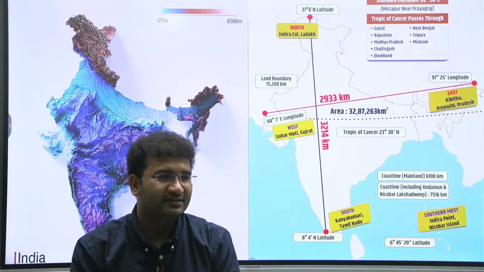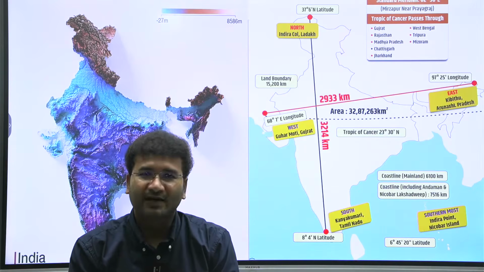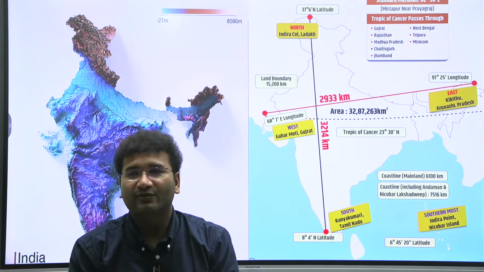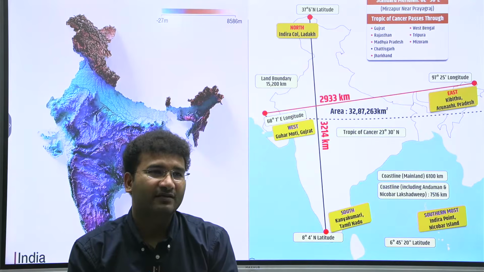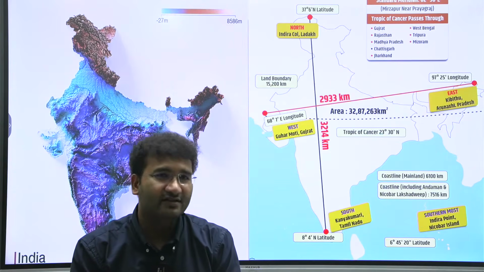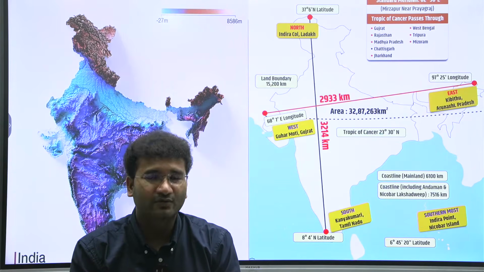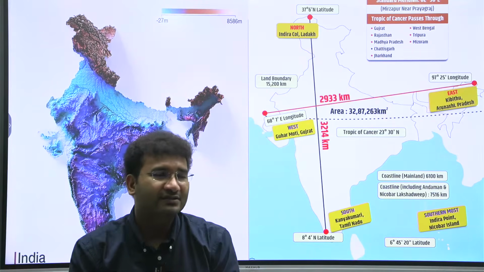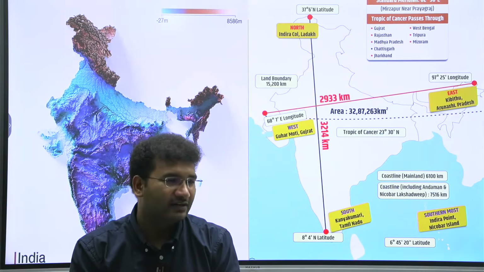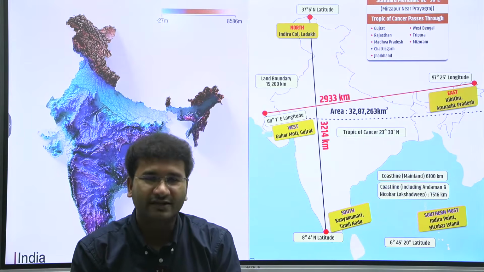Whether it is the hills in the northeast or the Himalayas, rivers, tributaries, you have to mug it up. But how comfortable are you with the physiographic regions? That matters a lot. If you are clear with the physiographic regions, the rest of everything will fall in its place. At least the flow of the rivers, the way they move, the direction, the tributaries, minerals, mines, somewhere or the other, everything can be interlinked. So today we'll try to learn all of this in detail.